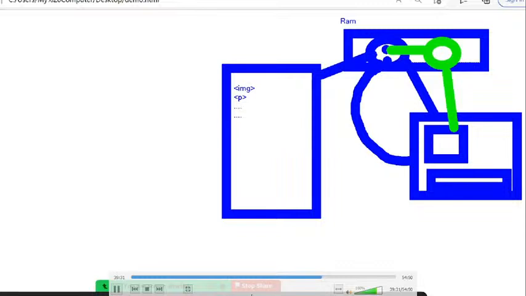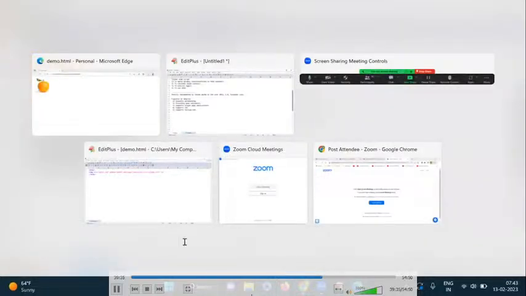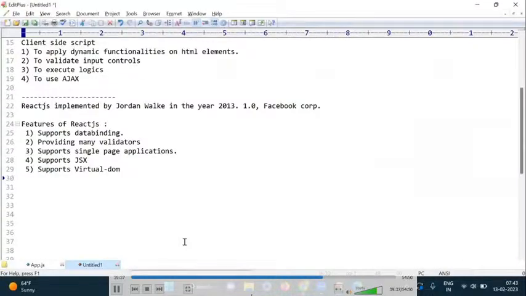Is this clear? Yes. So that is a very, very useful concept for us. Suppose virtual DOM, how it is working completely, I will show you once again. So that is a very big advantage for us. Okay, next one here,